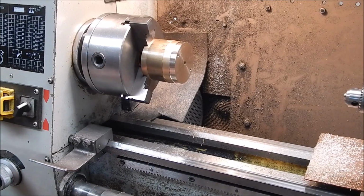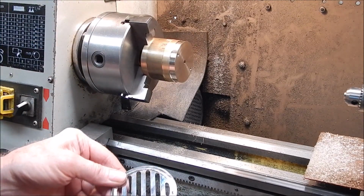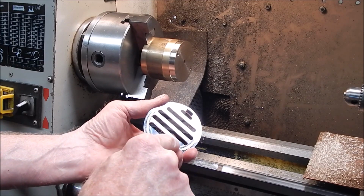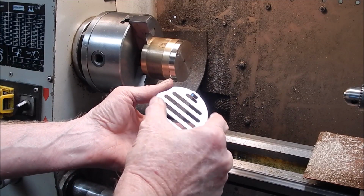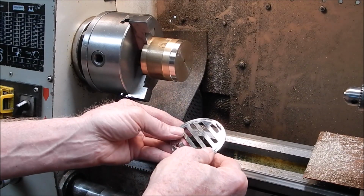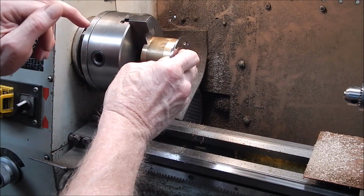So the mighty Chinese lathe is going to save the day again. And what we're going to do is we're going to use the centre of this lid thing, which hasn't got enough depth to actually grip with external jaws. I already looked into that. So I thought, okay, the next best thing is we'll machine up a plug to go in there, which it does,